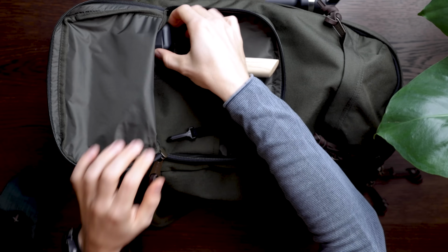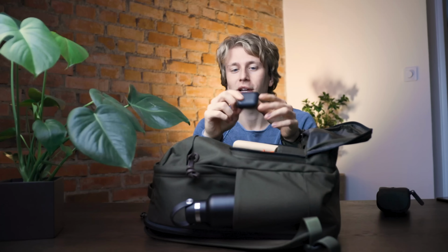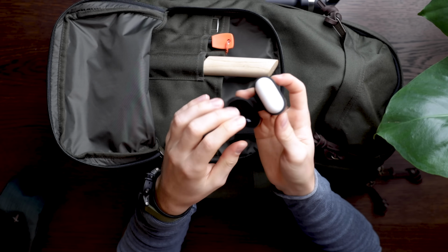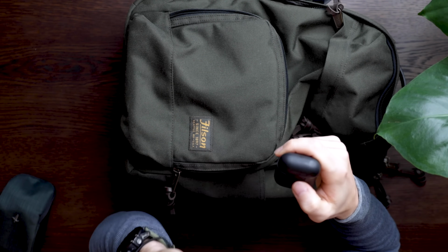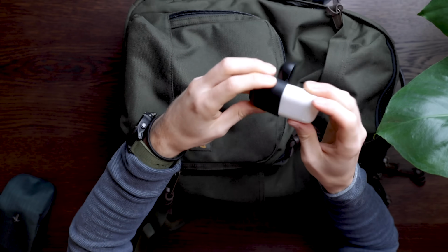I also have some means of listening to music, and for me, I just like the AirPods. Don't ask me why I have this shitty rubber case on it. I was fooled in one of those airport tech shops, and I saw this little box that looked like matte black AirPods. I bought it without actually looking at what it was, and I realized afterwards that it's just this super shitty flimsy rubber case